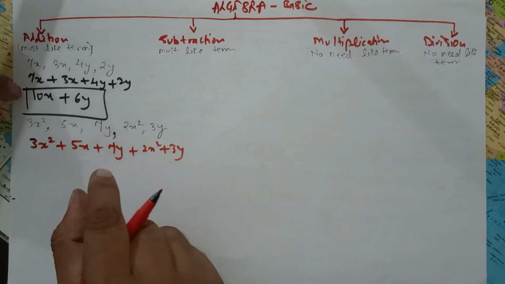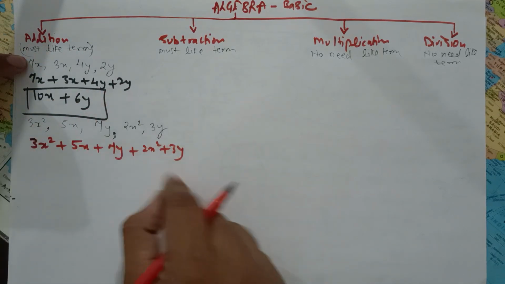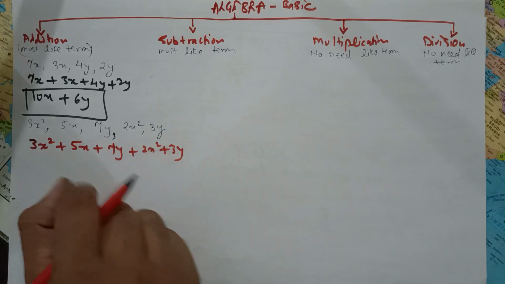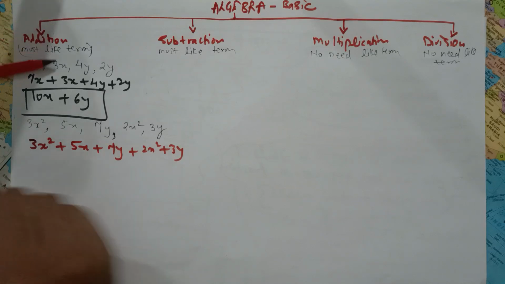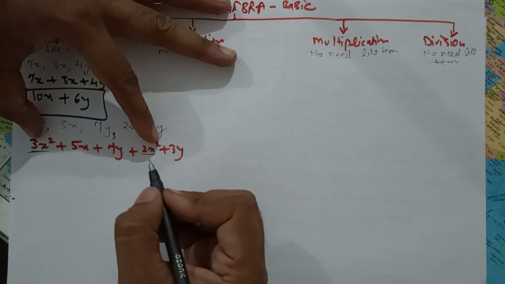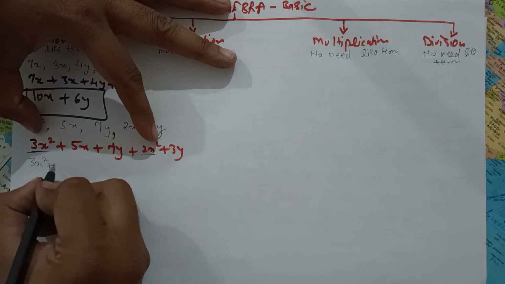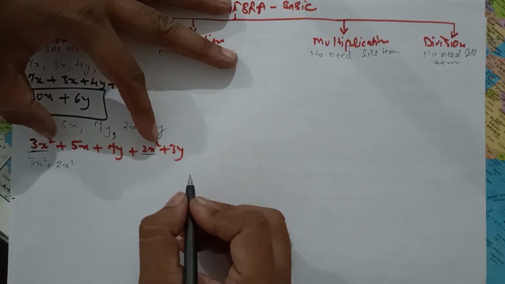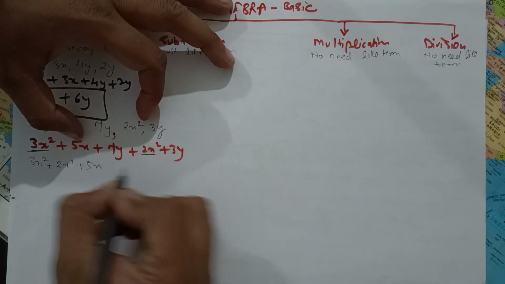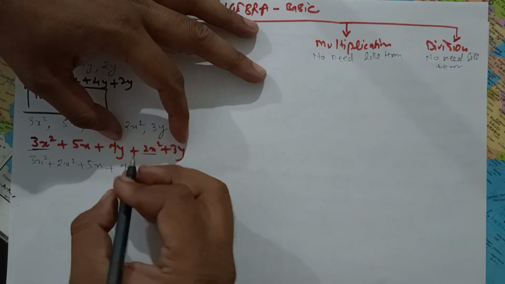Now see, in addition what do we need? Only like terms, like terms must be there. So now you find the like terms among these and then you add them up. So we will reorder it, we will rearrange it. You can see here this and this look like terms, okay. So here you will rearrange it, reorder it, and you can write it down. With 5x, there is no friend of 5x. Just write only 5x, no friend here. With y, you will find there is a 2y.